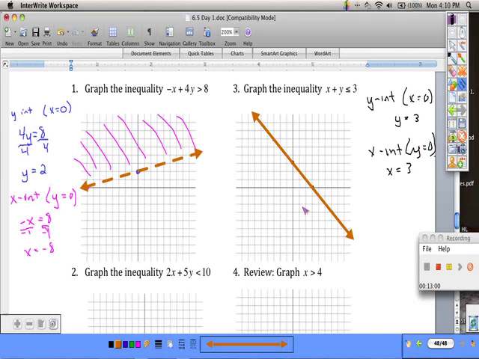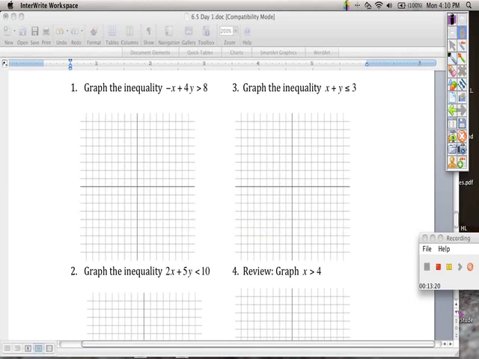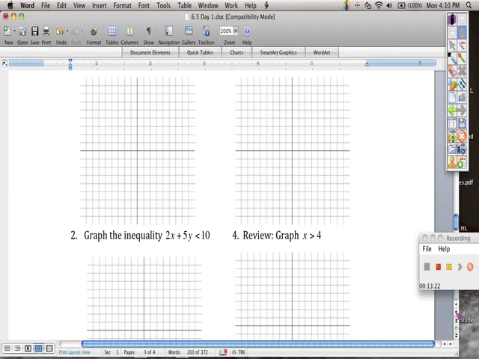And then plugging in 0, 0, 0 plus 0, 0 plus 0 less than 3? My answer would be yes. We're shading everything underneath this boundary line. The second two,